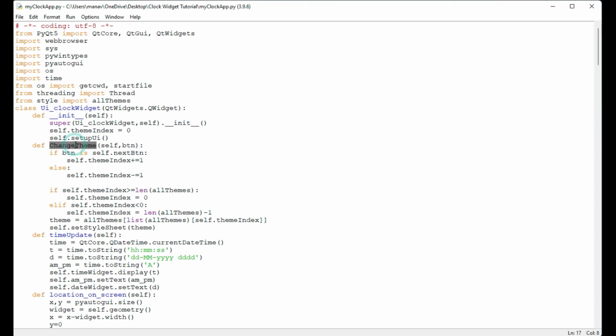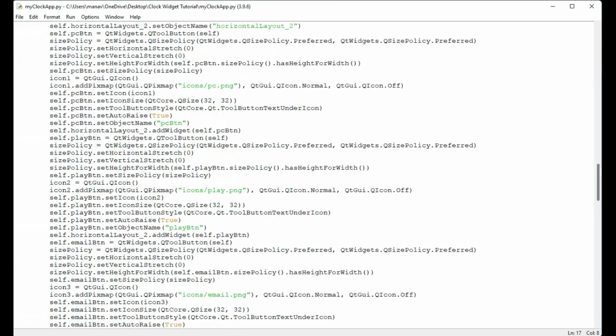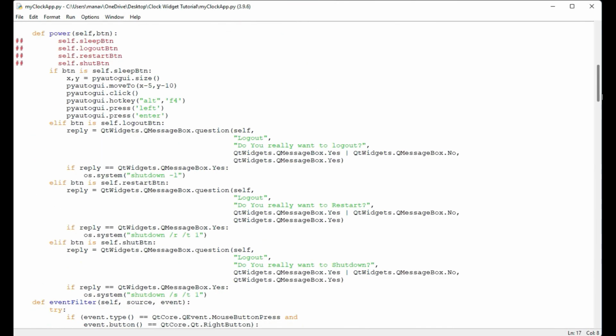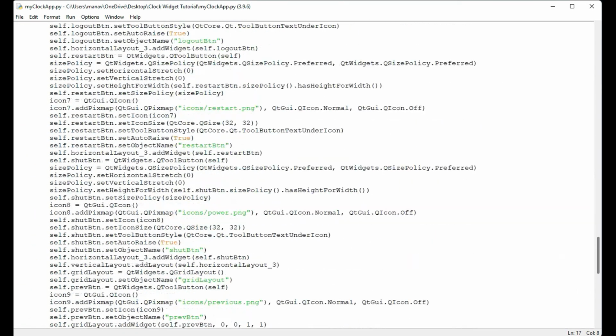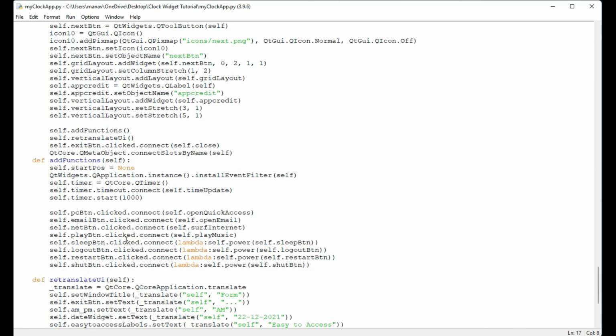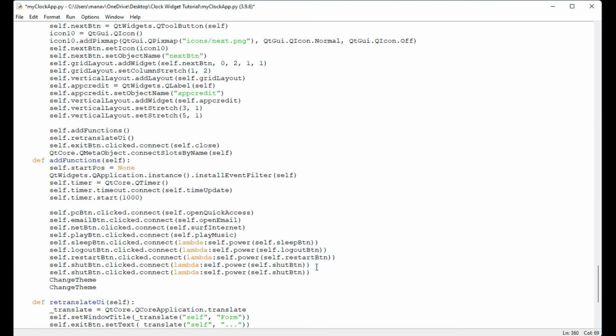And now we'll have to call our change theme with our previous button and next button. So we'll go under our add all functions method, we had made one method called add all functions, right? So where was it? Here. So I'll just come down below and I'll just copy the previous ones, because we are passing our button name also, so we'll need lambda function, right?